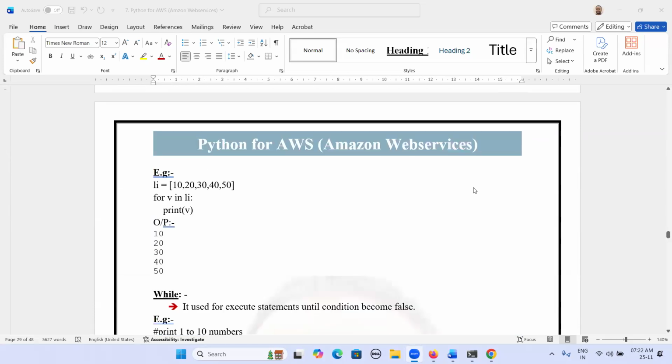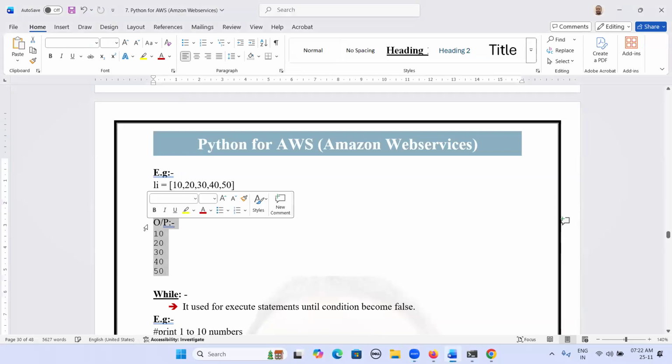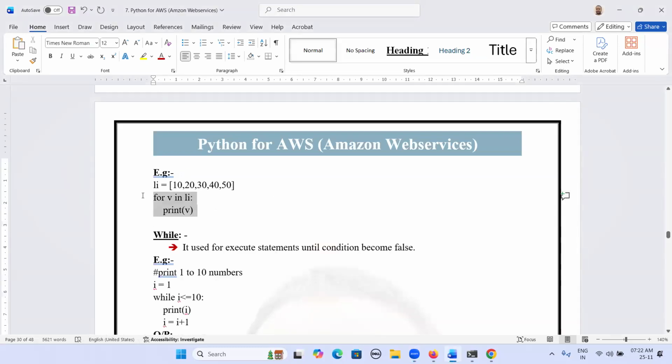Let me write one example. In this example, I am printing list values using for loop. Let me take this example, for loop example.